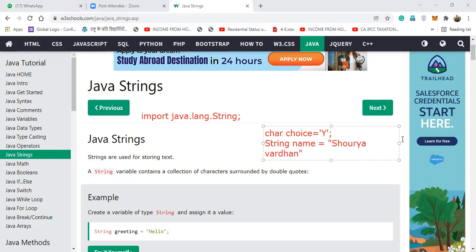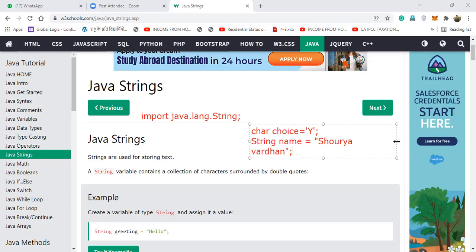You can understand from this sentence itself that it is a string name. It is a string only. String is a class, and Shaurevardhan is the value assigned to the variable name.